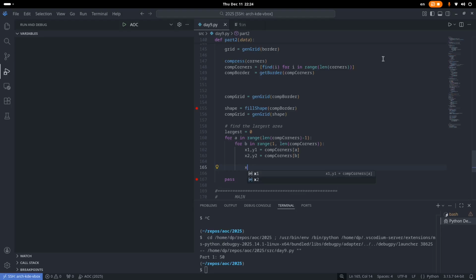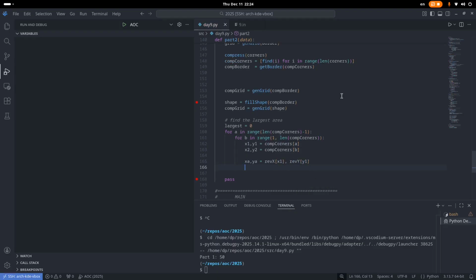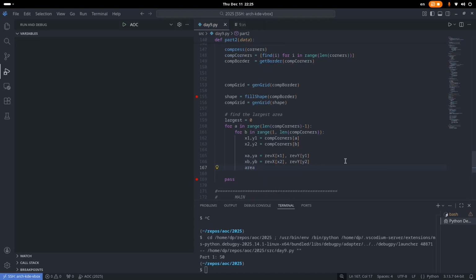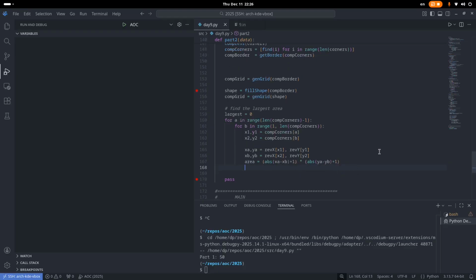So let's say that XA and YA are equal to reverse X of X1 and reverse Y of Y1. And so that should look up the original coordinates. And then we'll say XB and YB are equal to reverse X of X2 and reverse Y of Y2. Okay, so let's get the area, and the area will be the same formula as before, making sure to use XA, XB, YA, YB for the reversed. And so if the area is greater than largest,